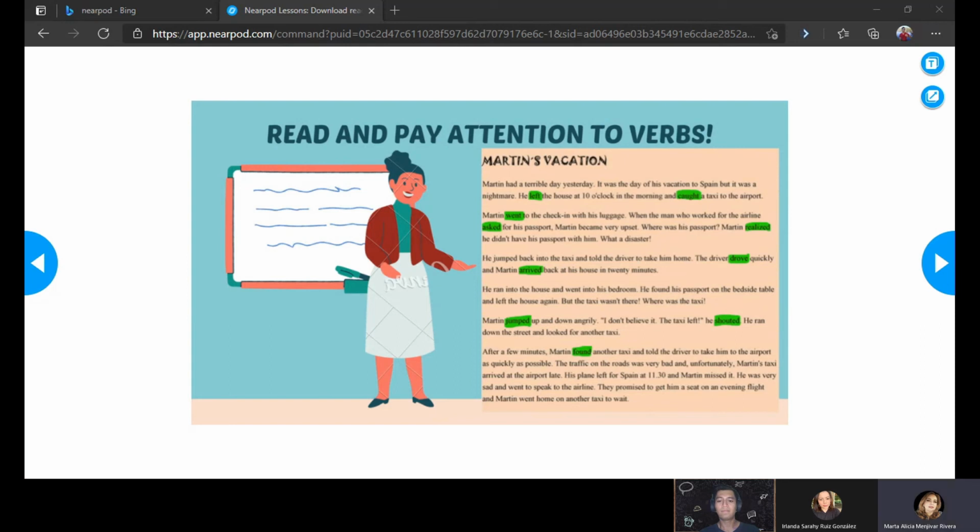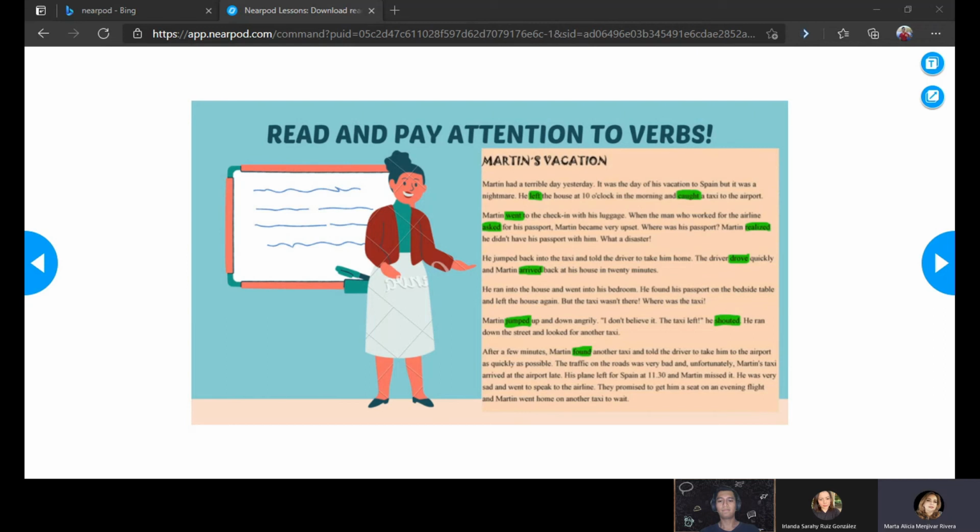"I don't believe it. The taxi left," he shouted. He ran down the street and looked for another taxi. After a few minutes, Martin found another taxi and told the driver to take him to the airport as quickly as possible. The traffic on the road was very bad, and unfortunately, Martin's taxi